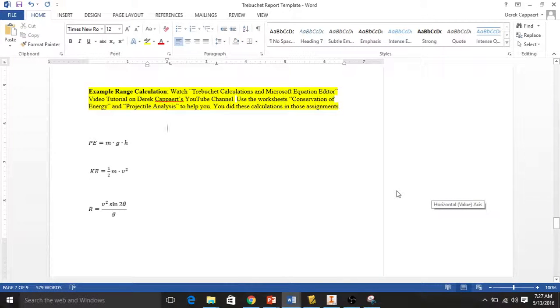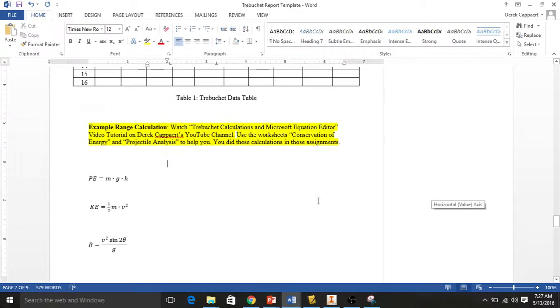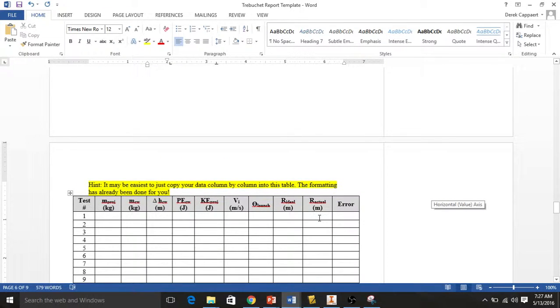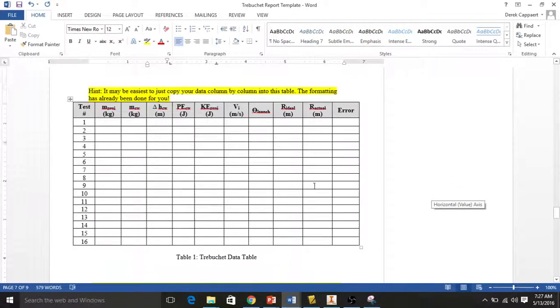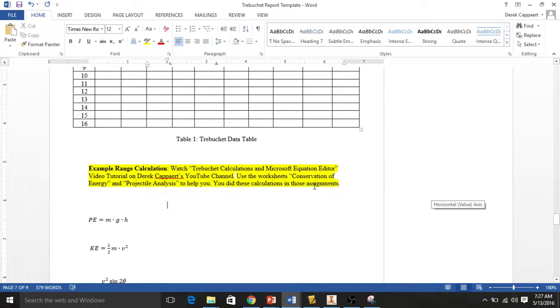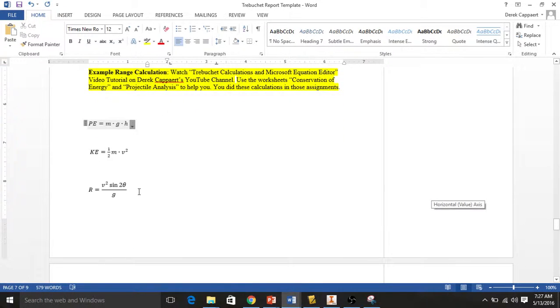In your Trebuchet report, under the results section, I ask you to show an example range calculation. So I want you to step all the way from the beginning, the potential energy of the counterweight, all the way to how you calculated the range. You did this in two different worksheets, conservation of energy and the projectile analysis worksheet, and you also created an Excel table. Now you don't have to get real detailed, but I want you to walk me through